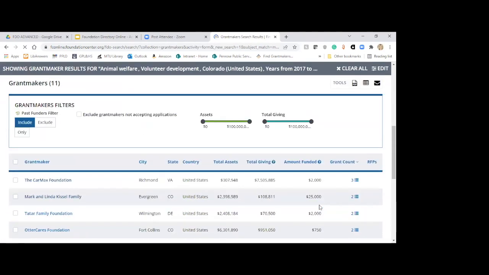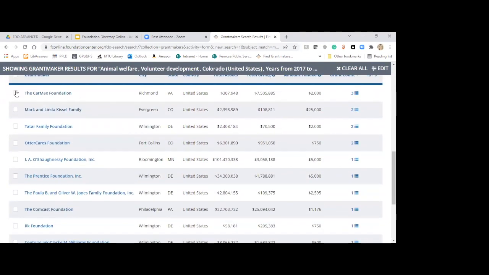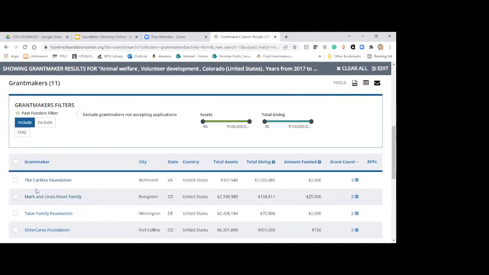And when I view all, I get these boxes on the side. I can, if I want, select all of them, or I can select just a few that I think are the best fits for me. And up here where it says tools, you can download a PDF of the results or a spreadsheet of them. And then you can email a PDF of the results, or, which I highly recommend, you bring your own laptop